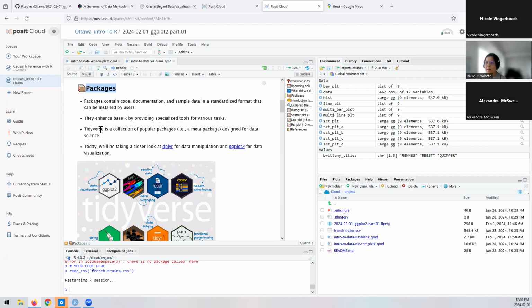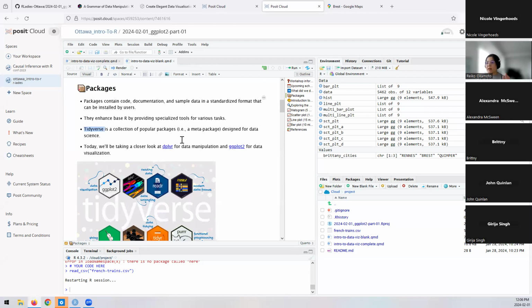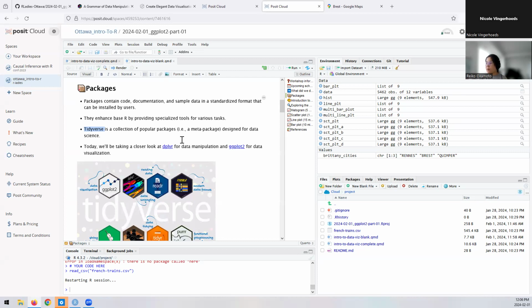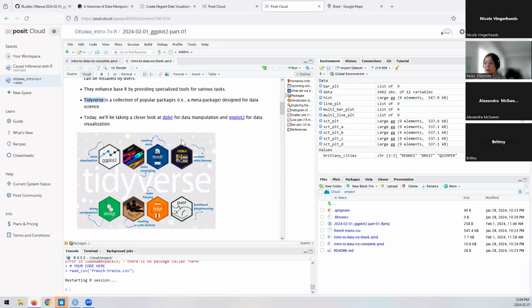And one meta package, which is basically a collection of popular packages that is well known and widely used, is called tidyverse. And this contains functions, documentation that is specifically designed for conducting data science. And today we're going to be taking a closer look at two of the packages that fall within this tidyverse